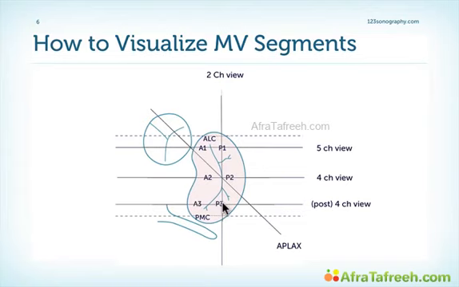And if you move the transducer even further caudally, you will have the so-called coronary sinus view. Remember, we talked about this view in the How to Image section, where we also see the coronary sinus. And in this view, we can nicely see the posteromedial aspects of the valve, the posteromedial commissure. So just by tilting the transducer from the four-chamber view, either more upwards or downwards, you can kind of scan